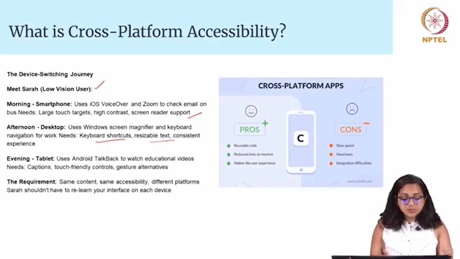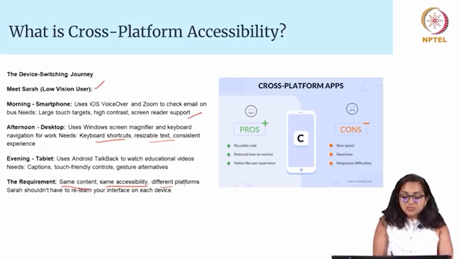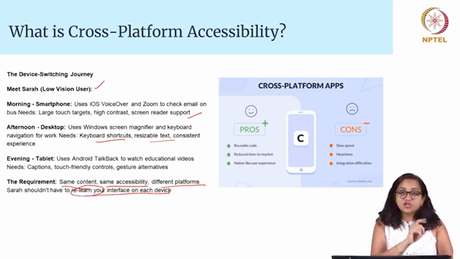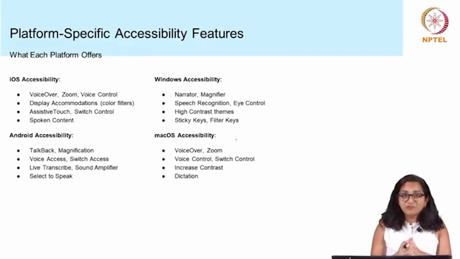The requirement is the same content and same accessibility on different platforms. So Sarah shouldn't have to relearn your interface on each device. So this is very important. This is what we call cross-platform accessibility. So let's move on to the specific features, which are platform specific